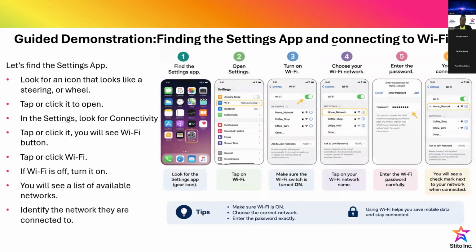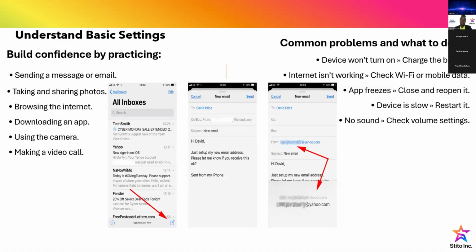We build confidence by practicing. These gadgets that we are using, those ones that we have on our hand, that we use almost 5, 6, 7, 8, 10, 12, 24 hours every day, for example. It is important that we continue to practice to build confidence. If I have my phone or my device with me and I do not touch it, I do not interact with it, I'm not going to get the best out of it. I'll be limited. And we don't want our seniors to be limited in the knowledge of the devices we have.